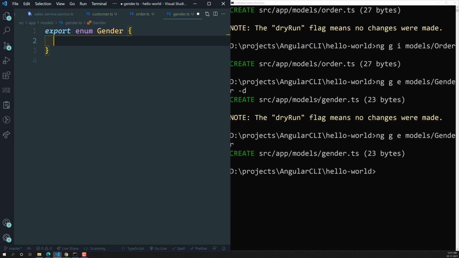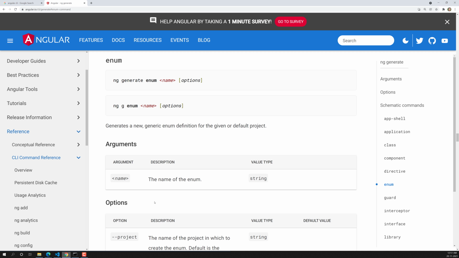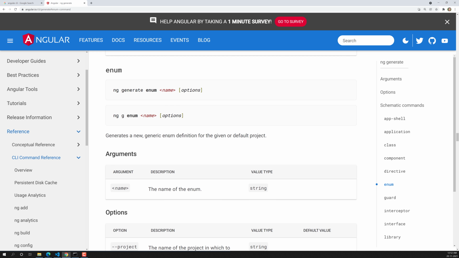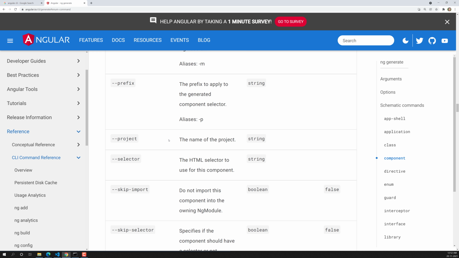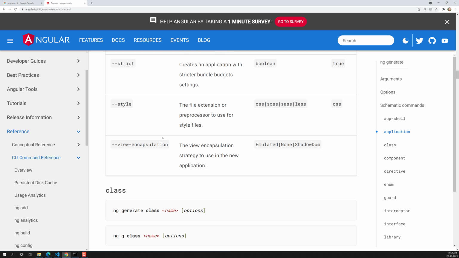Not only the Angular files, something like component, services, or directive, we can also create the whole TypeScript features, something like class, interface, enums. So like this also we can create using these Angular CLI commands. Let's see some of the options that are available for the class, interface and enums. If you open your Angular CLI here, let's go to the top to see the list of all the schematics that are available.